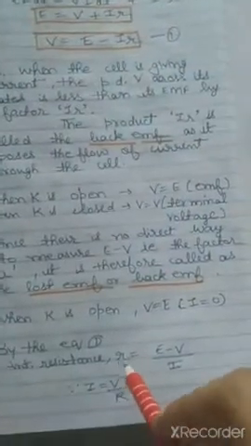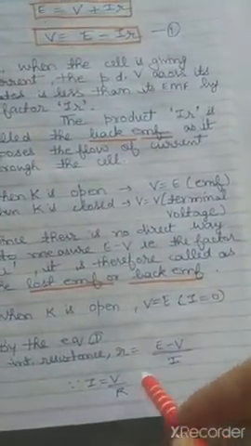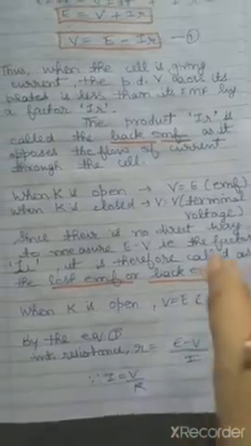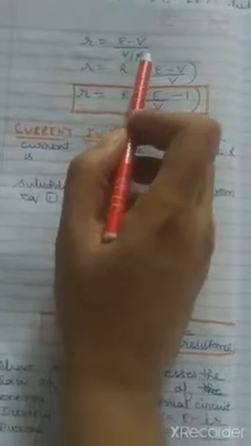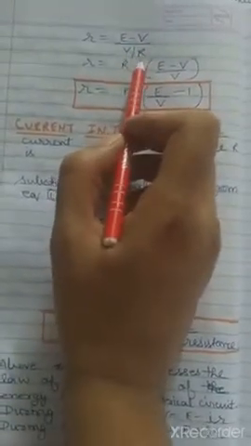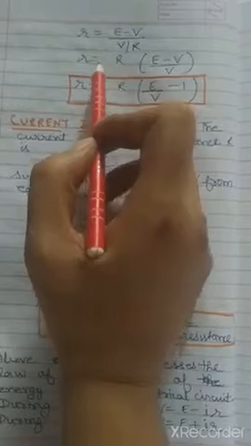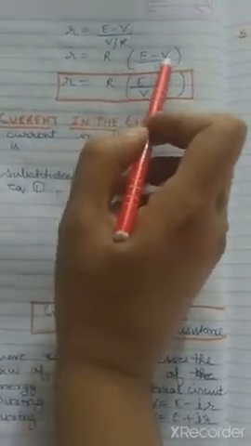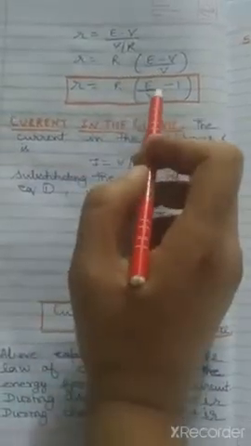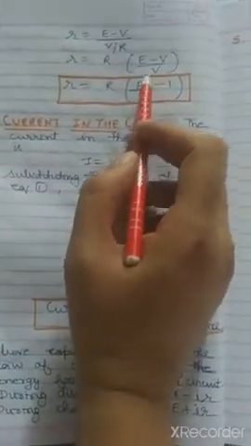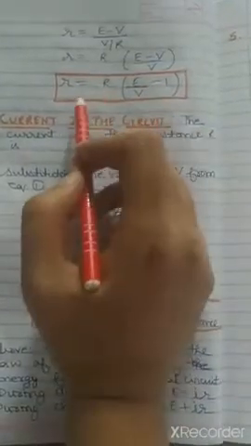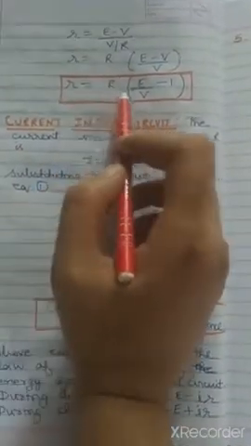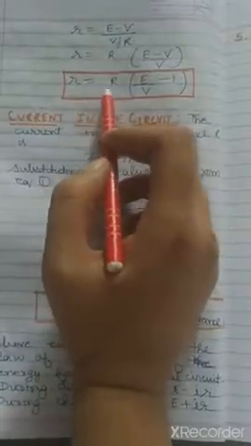By this equation 1, which we had got, V is equal to E minus I r, we can get r is equal to E minus V upon I, and also we know that I is equal to V upon capital R. So r will become equal to E minus V, and in place of I we place V by R. Rearranging it, small r will become equal to R into E minus V upon V. So we can write E by V minus 1 here. So this is a relation between the internal as well as external resistance: small r is equal to capital R into E by V minus 1.